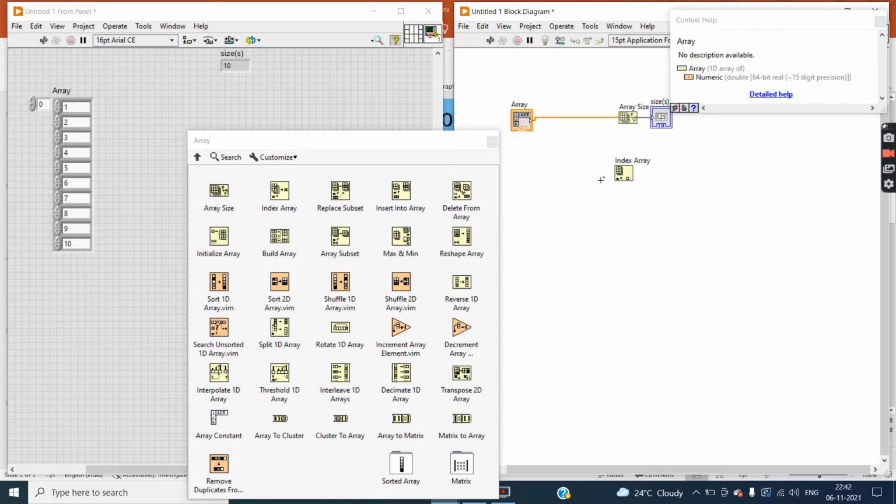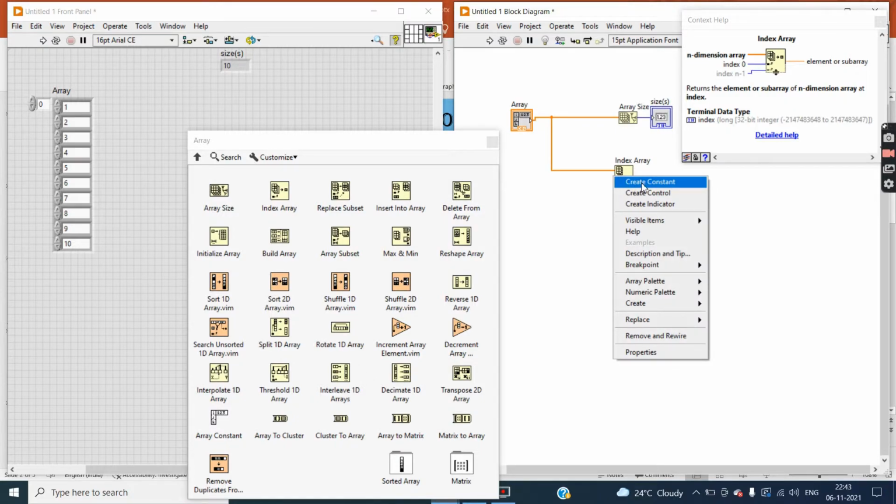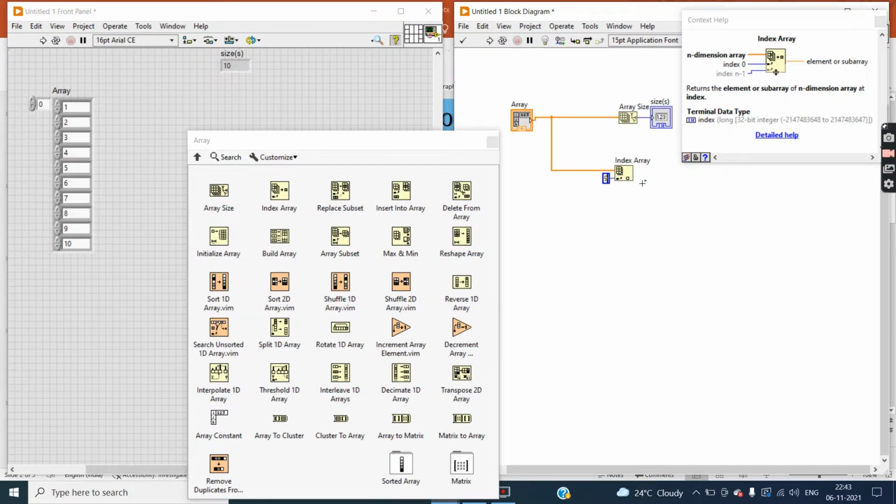So for that, connect this array to the array input, and as I already told you, I want the square of 10, which is present at the ninth index. So simply create a constant and enter 9.